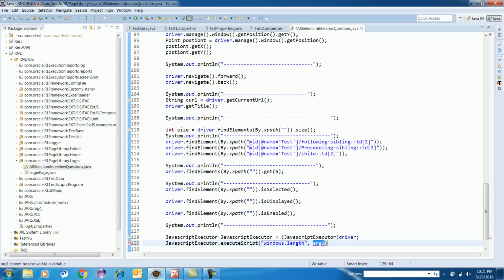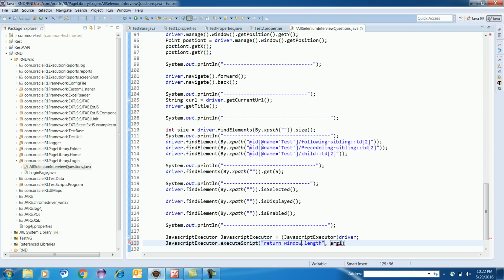What you can write here, let's say, is window.length. You can take one example like window.length, which will give you the number of frames available on the browser. This is a very interesting interview question. Sometimes they will ask you how to get the number of frames available on the browser.